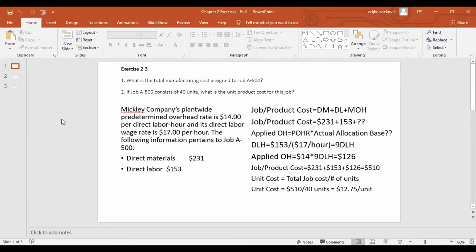So this is exercise 2.3. What is the total manufacturing cost? So this job consists of 40 units. What is the unit product cost for this job? So let's go straight to question 2, which includes, of course, question 1. And that's how questions usually are on the exam. Straight to the point, not any steps. So it's kind of easy for you to follow. And that's also what students sometimes say. Well, I think I said it last. Everything is easy in the class, but that's because we're going through all the steps. But okay, so